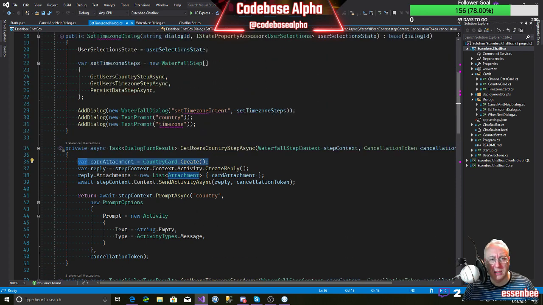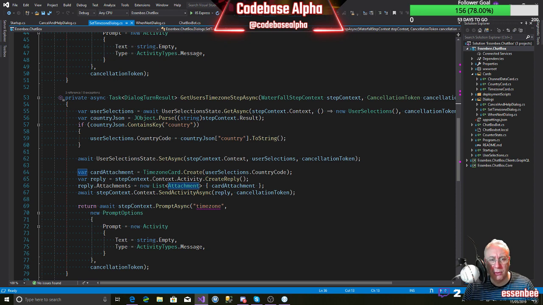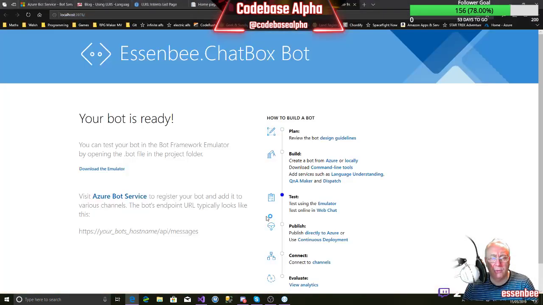So the dialog steps are get country and then get time zone. If you look in the get time zone, so that result's going to come through. The first thing we do here, well, the second thing is we try to parse some JSON, and we haven't got any JSON. So we need to take care of that, really. So let's pop a breakpoint here and see what actually got in result. We should have US in the result. Let's give that a go and see what happens.